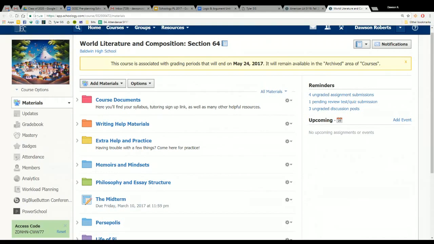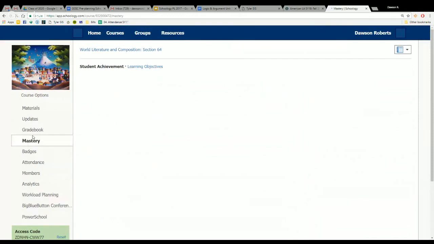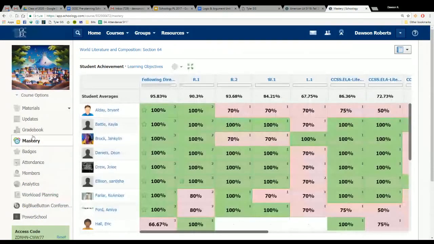So let's talk about learning objectives, standards usage, and mastery inside of Schoology. They have a very interesting system for each course set up here on the left-hand column. You'll see mastery. I'm going to start with what one of my classes looked like at the end of last year. You can see